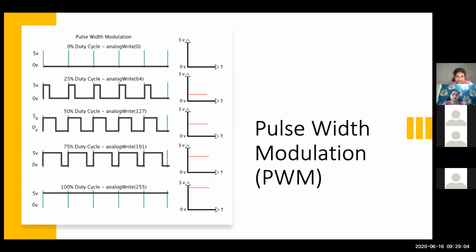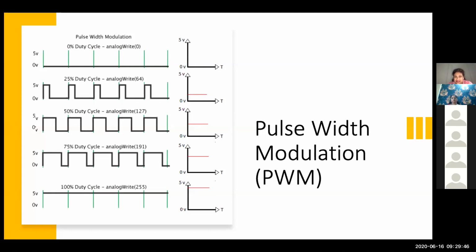Now, if I write any in between value, if I write the mid value, that is 127, approximately the mid value, then what is the voltage that I expect at the output? Halfway through, 2.5 volt, correct? And of course, if I write any intermediate value on the lower side, if I write 64, which is half of the range between 0 to 127, I'll get half of the range from 0 to 2.5, that is approximately 1.25 volt.